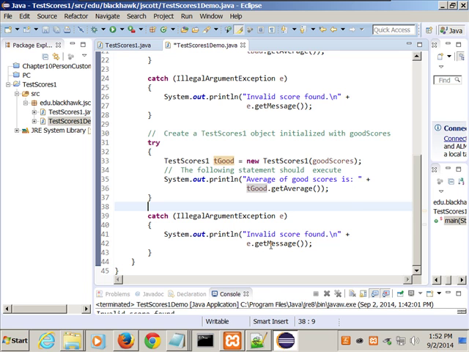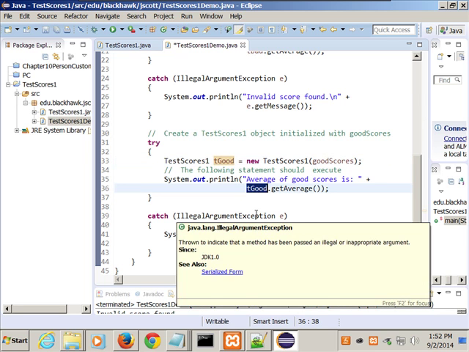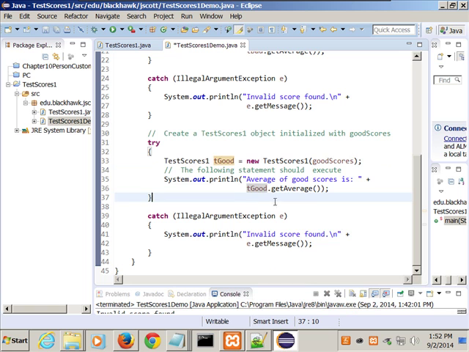Then make sure here, just make sure that you've got T good there, good scores, and T good. All right, let me just stop the run here and I'll come over